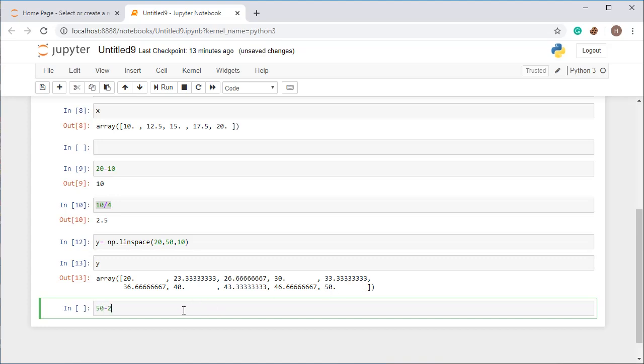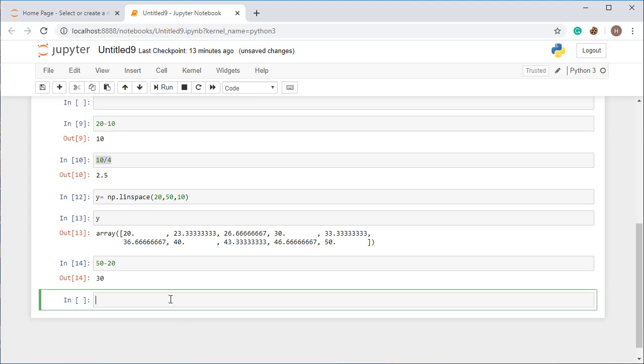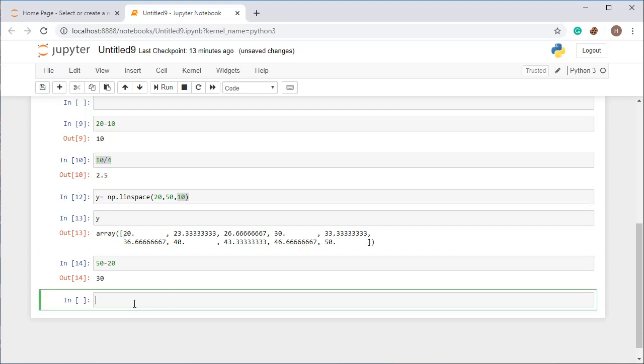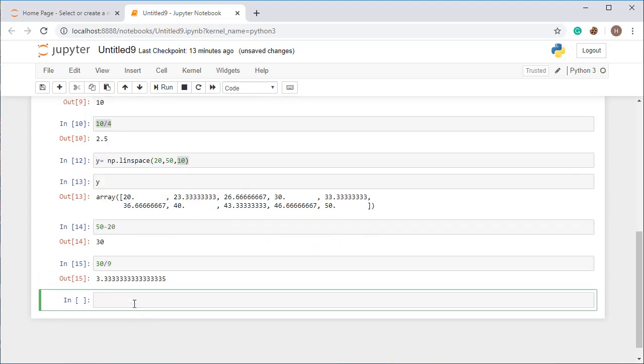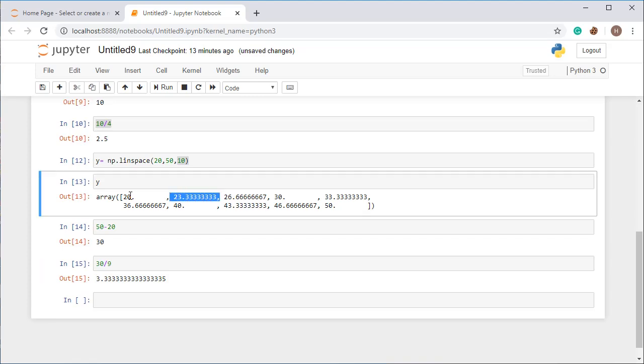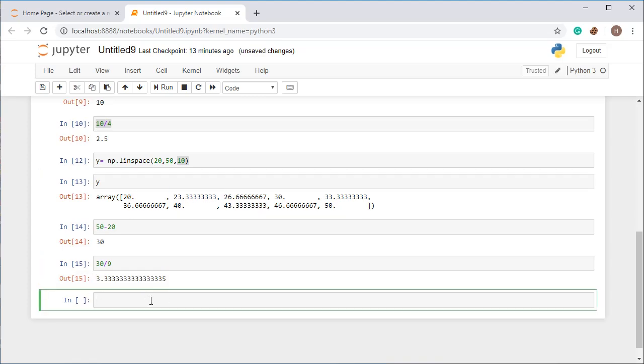What happened here? Again it takes the difference, that is 30, and we need 10 numbers, and we have already 2 numbers given. So how many more numbers do we require? 8. So it will divide 30 by 9, and you will get the answer like this, 3.3333. You can see that the difference between two consecutive numbers in the array is the same as given here.